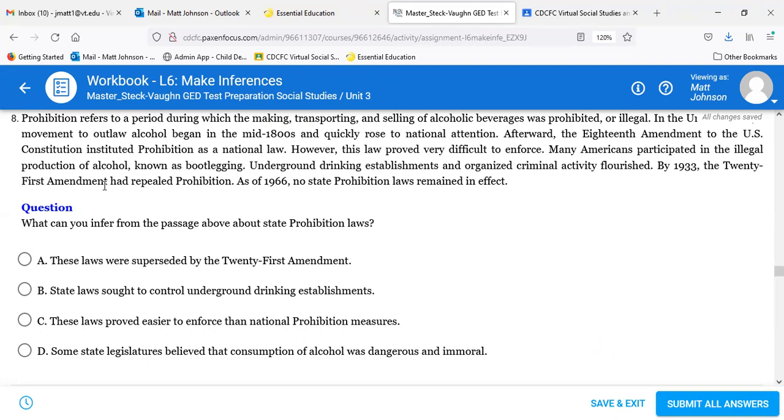C, the laws proved easier to enforce than national prohibition measures. D, some state legislatures believed that consumption of alcohol was dangerous and immoral. Is it D? Yeah, it's D. D as in dog, right? So 8,